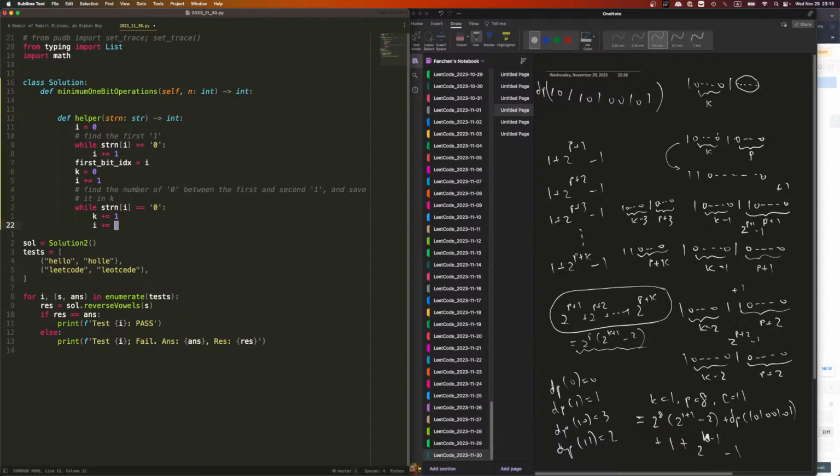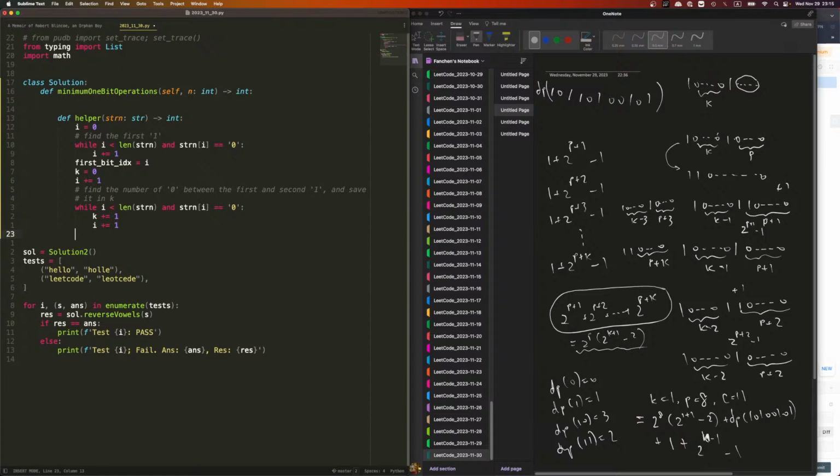Ooh, you might. Dang it. So I have to be smaller than len str, and this. Yeah. Okay, so I smaller than len str and this. So we have k, right? And then what we need to do is to check the I. Okay, to check the I. If I goes out, right? If I goes out,